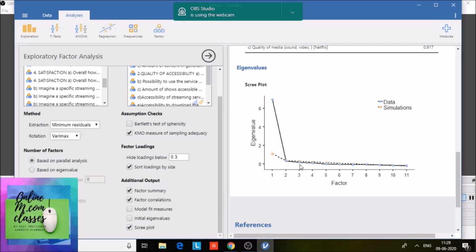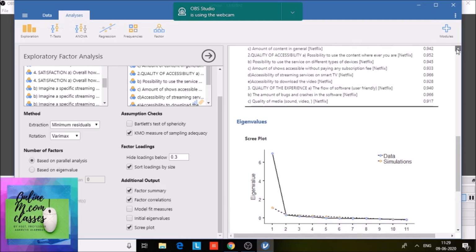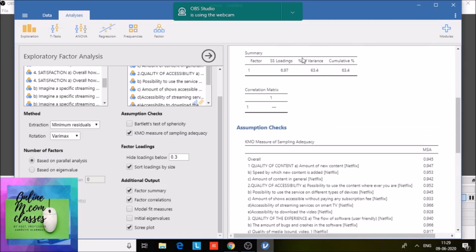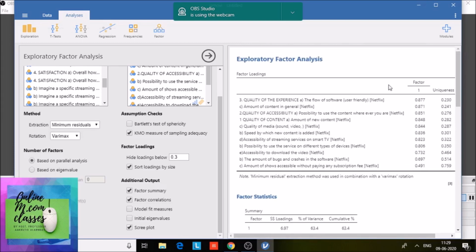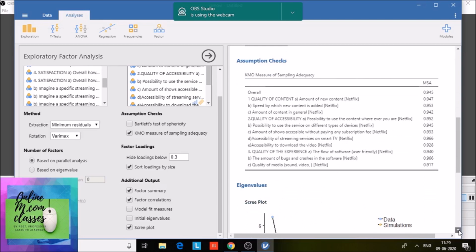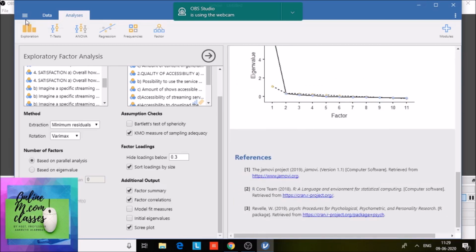Moving to the scree plot, you can see after 1, the scree plot falls below 0. It indicates nothing but that you have just one factor loading. There is nothing much to explain in case of the scree plot. The most important things are the above three tables. The first one is the KMO, then the cumulative percentage of variation explained, and the factor loading. So these are the three important tables which need to be included in your factor analysis.